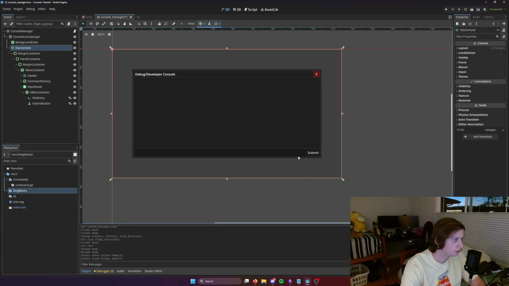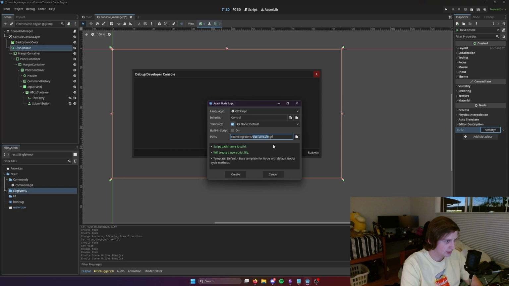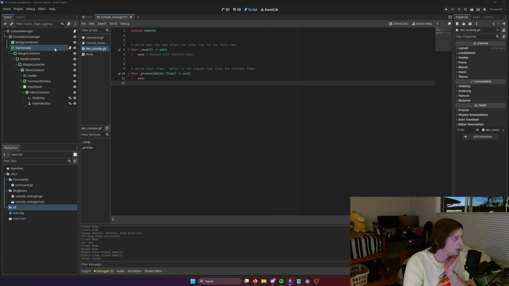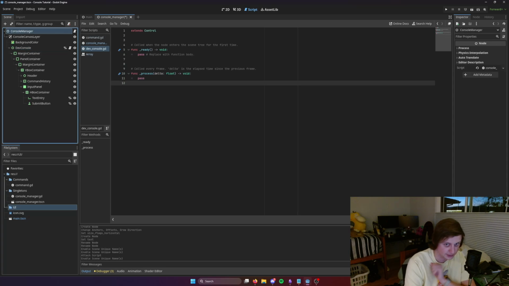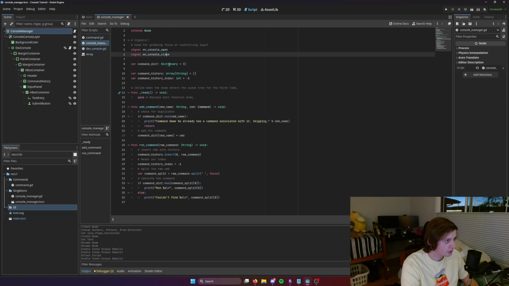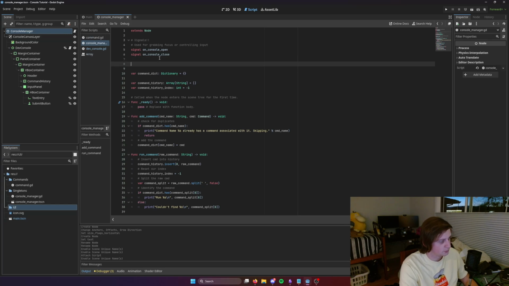Now we can just do the programming of this UI. I'm going to make a script. It's going to be called DevConsole. And this is going, where did we put it? This should go into UI. One last thing, we want our dev console to be a unique name, so that way it's easier to find in our console manager. Before we actually get to programming this, I'm going to set a class name, DevConsole,